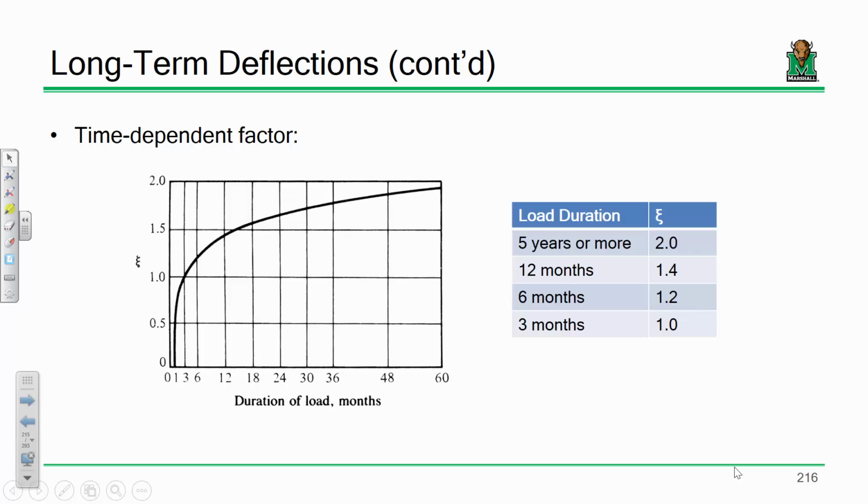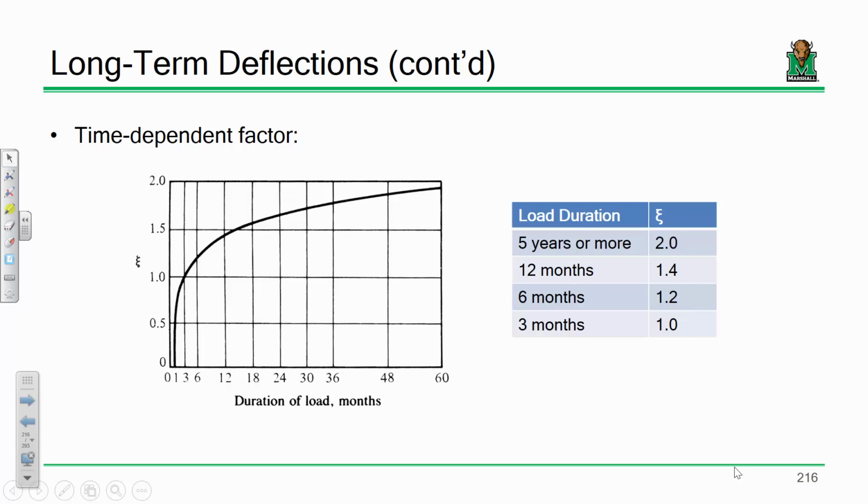Where do you get that time-dependent factor? You get it from this chart. Now, it's my one sort of gripe with ACI. I wish they had an equation for this chart. They don't. It's just right out of the spec. And so you kind of have to interpolate it a bit. So the way this chart works is it says this is your long-term deflection, your time-dependent factor as a function of time. So first off, as that time period goes up, those deflections are going to increase. So on the x-axis, we have the duration of the load in months. And on the y-axis, we have our